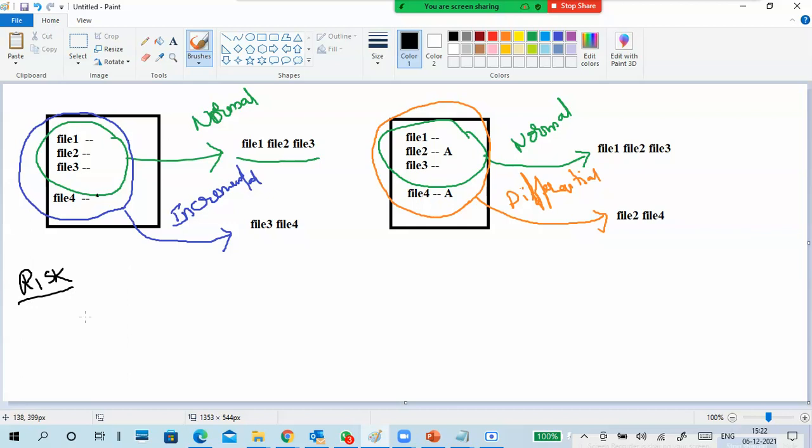Okay, and of course I'm giving an example here. Think on Monday I'm taking a normal backup. So I took a full backup on Monday. Okay. Next, Tuesday, Wednesday, Thursday, Friday. Okay. So Saturday, Sunday are holidays, right? So we can take it like that, or we can continue Saturday, Sunday also, no problem. So I'll take an incremental backup.